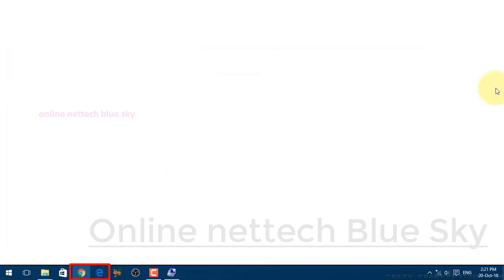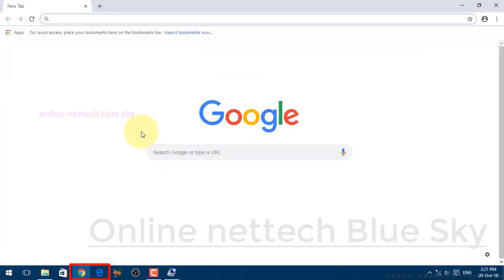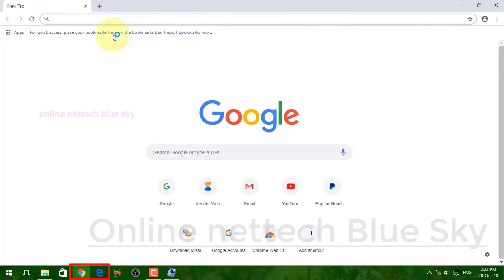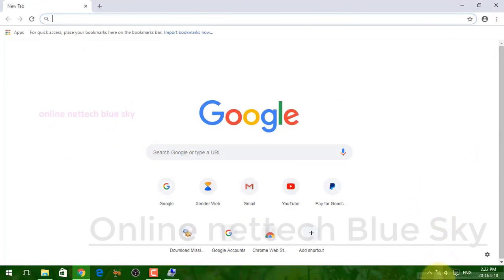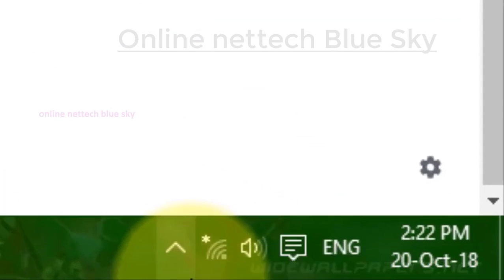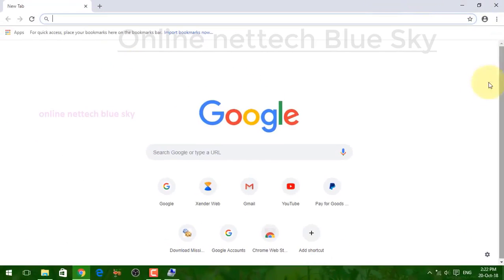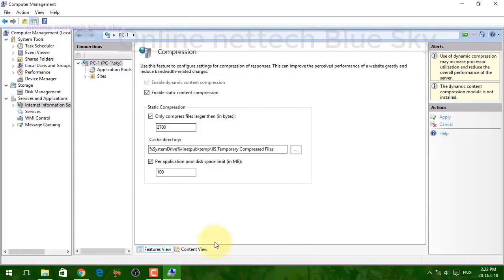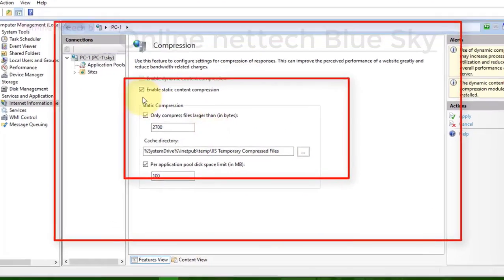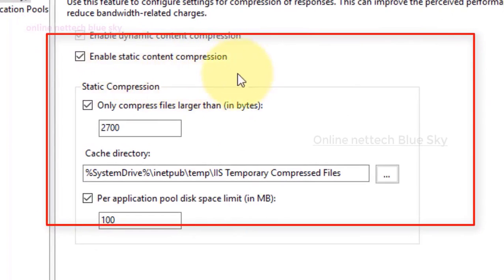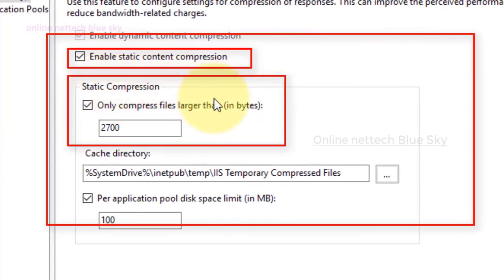So you first need a server operating system. I will discuss in the server videos how we can create a web server, but I'm just showing only this browser without needing an internet connection. Compression reduces what loads when you open a Facebook page or any website. Sometimes you do not need unnecessary files to open, like animations and some other files. So compression is one type where you compress only large files.